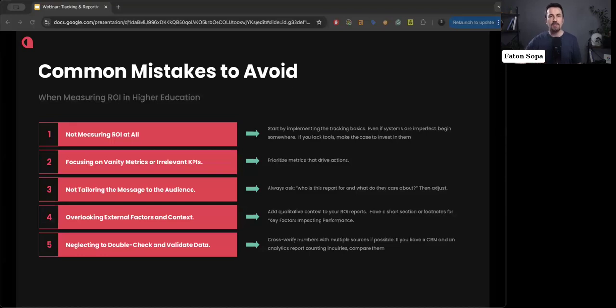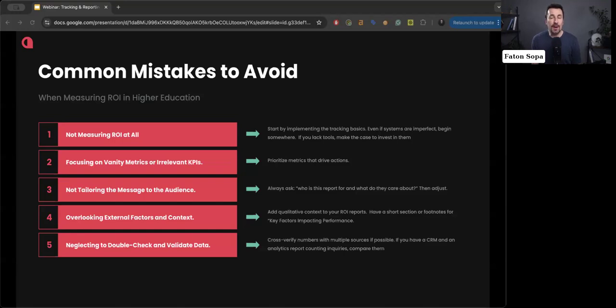Then you have the neglecting or assuming that every single piece of data out there on analytics or your CRM is valid and correct. Mistakes can happen and will happen. So chances are you're going to have missing sources or the wrong attribution sources on your CRM. You're going to have double counting, wrong formulas, etc. So presenting incorrect ROI data can damage your credibility.